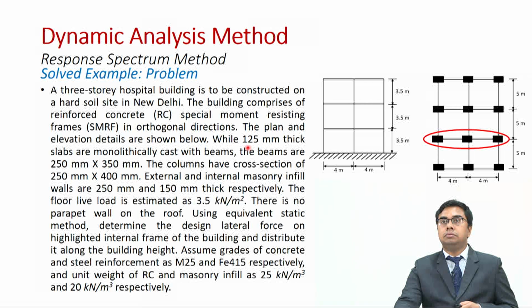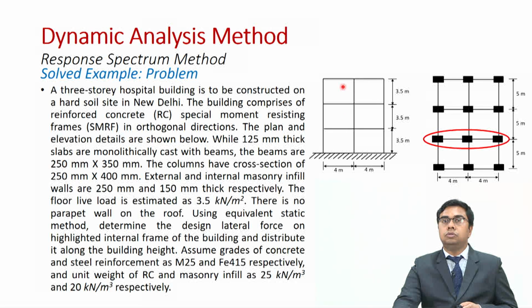The slabs are 125 millimeter thick and are monolithically cast with beams. The beams are 250 mm by 350 mm. The columns have a cross section of 250 mm by 400 mm as shown here. We have two types of masonry infill walls. The external infill walls have a thickness of 250 mm and the internal infill walls have a thickness of 150 millimeter. The floor live load is estimated to be 3.5 kilonewton per meter square,